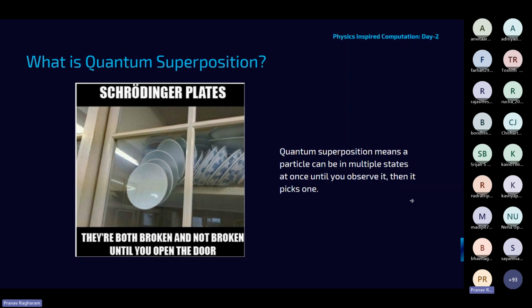Quantum superposition is a really fundamental principle in quantum mechanics. It states that all particles can exist in multiple states or positions simultaneously until measured or observed. Similar to what we saw in Schrodinger's experiment, where he puts his cat into a box, and he can't definitively say that the cat is alive or dead until he opens the box. That is actually the really layman's term of explaining what quantum superposition is.